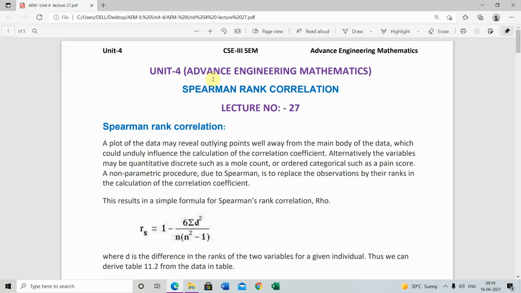हेलो स्टूडेंट, आज हम एडवांस इंजीनियरिंग मैथमेटिक्स के यूनिट नंबर 4 में लेक्चर नंबर 27 डिस्कस करेंगे, जिसका टॉपिक है स्पीयर्समैन रैंक कोरिलेशन।